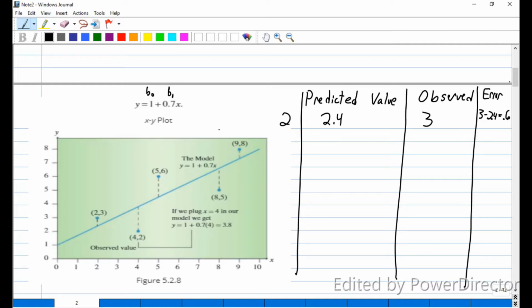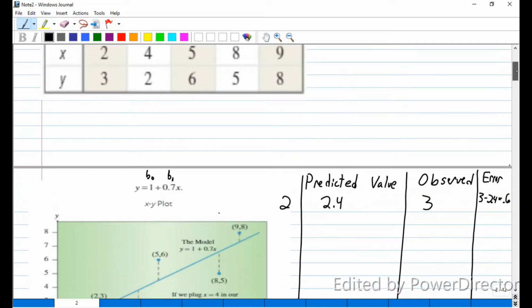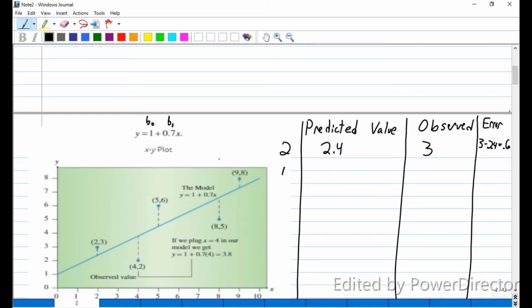All right, now let's look at the next x value in our table. That was 4. So for 4, where does the predicted value come from? It's always going to come from the equation. So if I plug a 4 into my equation, then I'm going to have 1 plus,